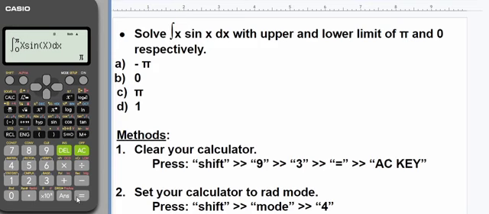Calculator cannot be wrong, except if you put a wrong digit or a wrong value in it. That is when your calculator is going to give you a wrong answer, which you should take note of. You should be careful of the question or what you're actually pressing in your calculator. So the answer to this question is C, as easy as it can be. Let's move to the next question.